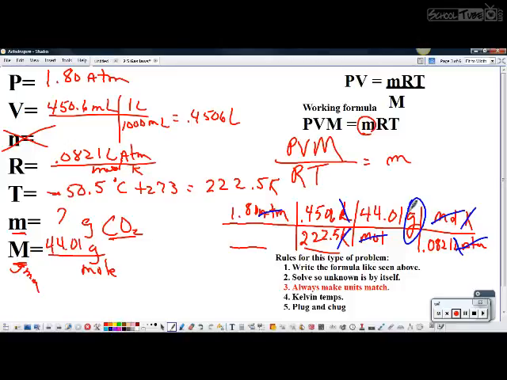Now, I will work one for you that solves for this capital M. I'll probably do that tomorrow. It's not anything different from what we've done, except your final answer will come out in grams per mole. You'll have grams and moles left over. And if I were to work a problem like that, and my answer was 44 grams per mole, can you tell me what chemical that might be? If I find the capital M is 44 grams per mole,